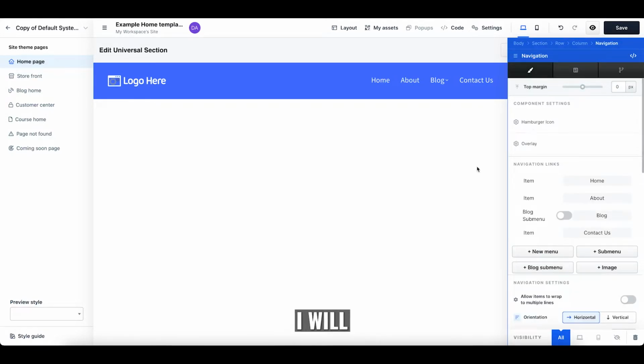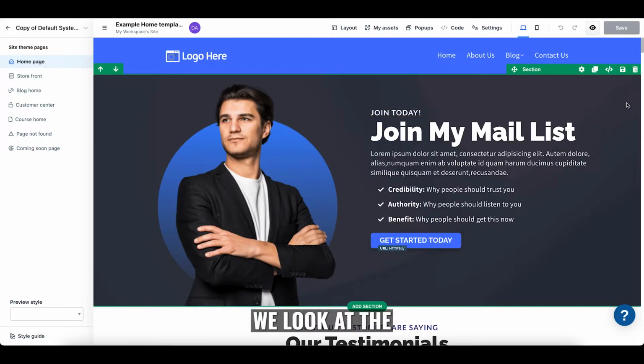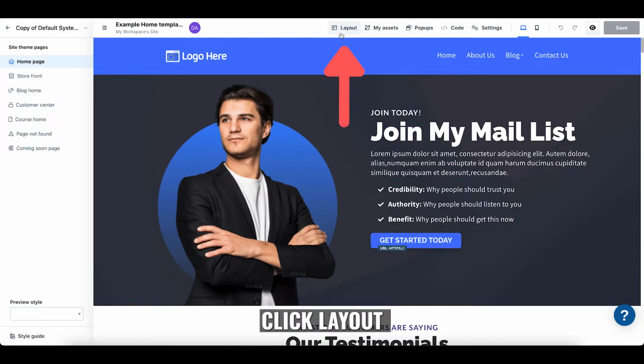And then I would click save, and then save a universal section. So when we look at the new layout here for the editor, if you come in and you click layout,